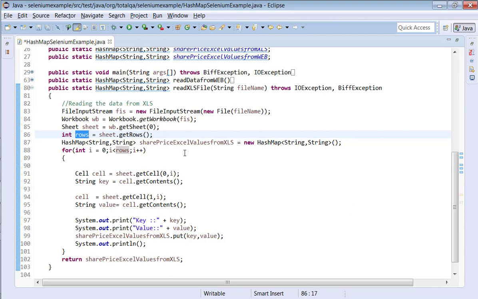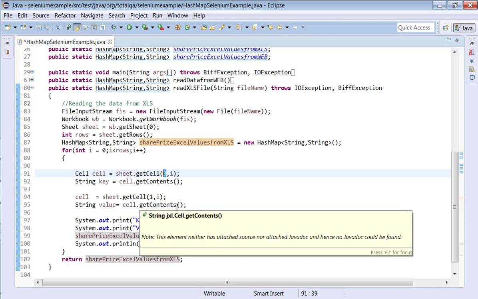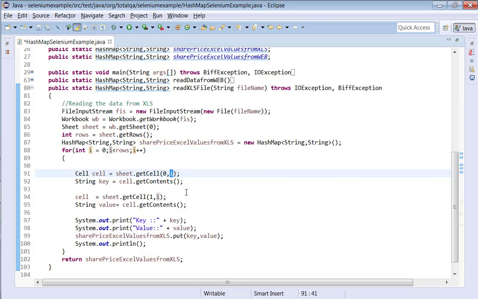So what we can do, we just take the hash map now. With this hash map, we will go to each and every row and focus on getting the cell. The cell is 0, i, which means it is trying to focus on a particular row and column. The column index is 0, the row index is i.